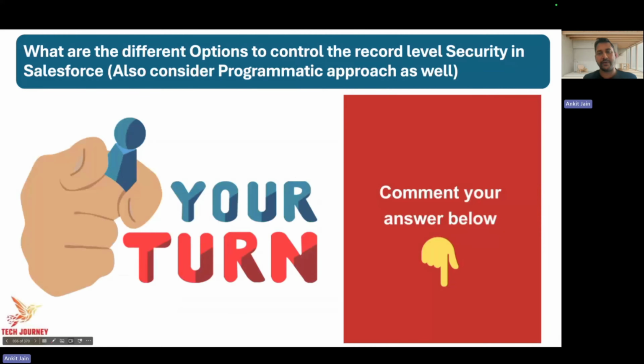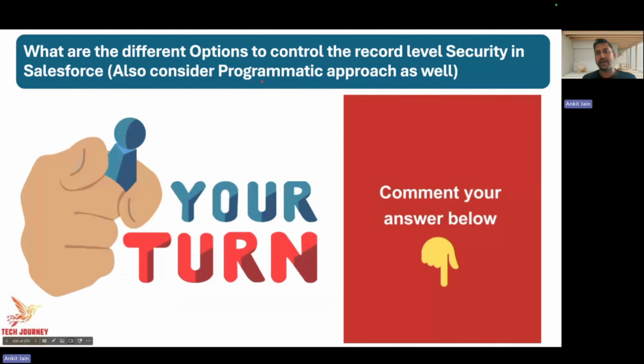So another question that I want you do try to attempt and put your answer in the comment section is what all the different options available in the Salesforce to control the record level security. Don't only go for the configuration based option. Also consider programmatic options, how you can go and control the record level security as well.